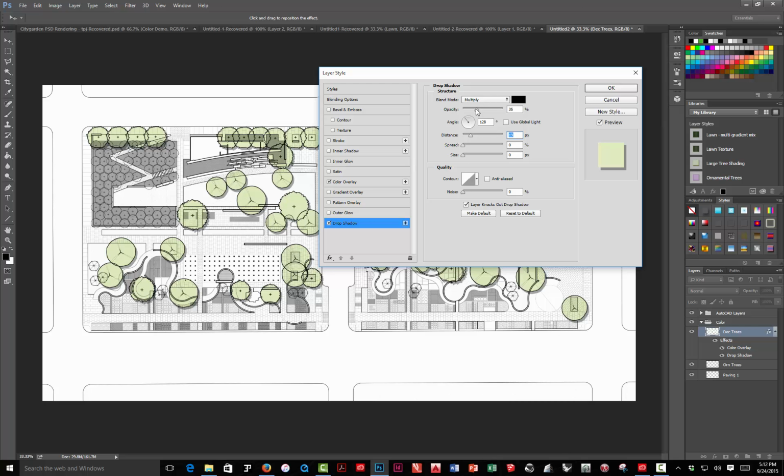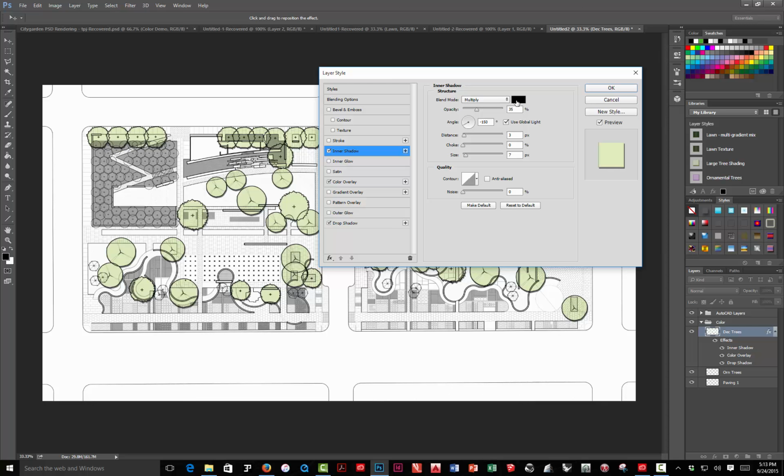I just pulled it out there, and I'm going to bump the opacity up so you can see it a little bit more. So I don't really want it that big. I'm going to pull it back, something like that. A little bit to the lower right side. Again, this is totally editable, so I can come back and change this anytime I want to. But that looks pretty good. I need a little bit of contrast to make this pop out from what's going to be underneath of it later on. So I've got my color overlay, gave it the green, did my drop shadow just to give it that little 3D effect. The next thing I want to do is the inner shadow,